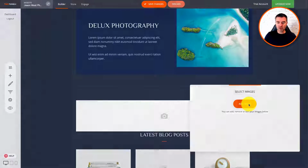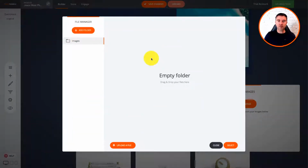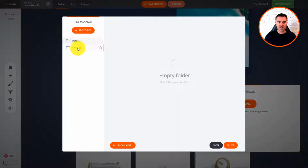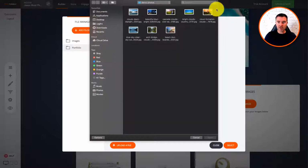Then we've got to add in some images, of course. Now you've got a full image center with Fast Funnels. You can add a folder if you want to keep things really organized. So let's just say portfolio will be the name of our image folder. There it is. And then we need to get our fantastic photos up there. Let's just go to our file, grab all the photos,